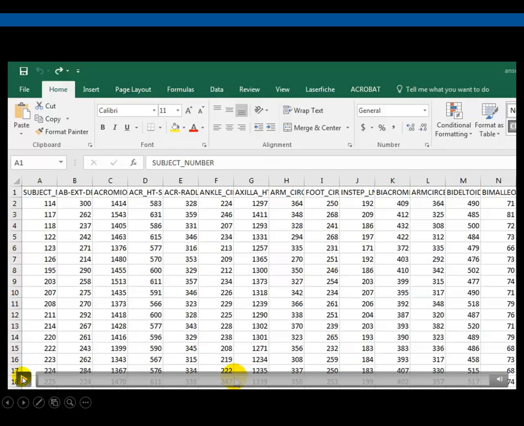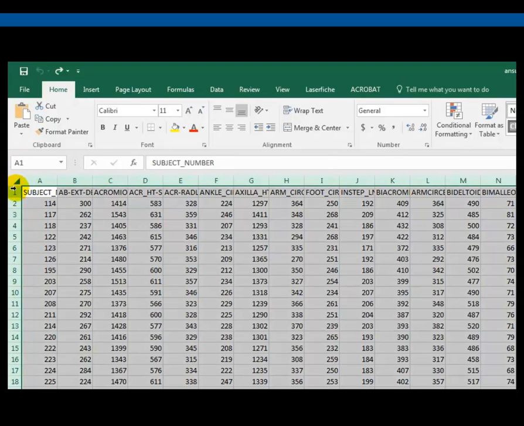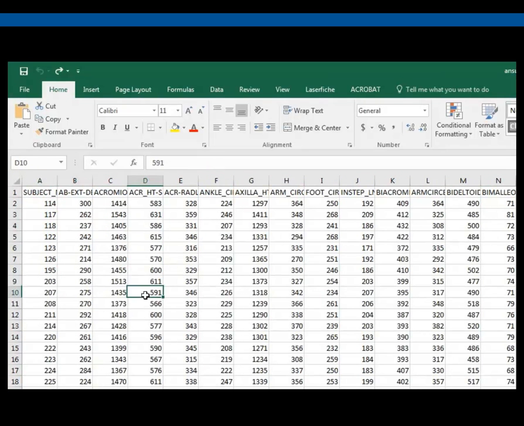Let's look at how we select the data. So here is the Excel data. There are so many data and dimensions, variable names. So if we click that button, then Excel will select all the data. And then we can just click each cell. It's okay, and we can drag it, selecting,